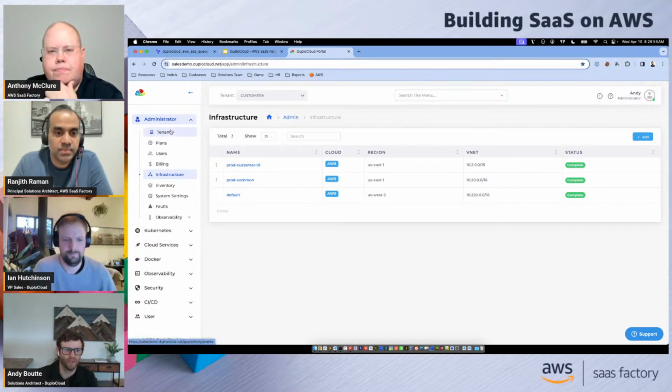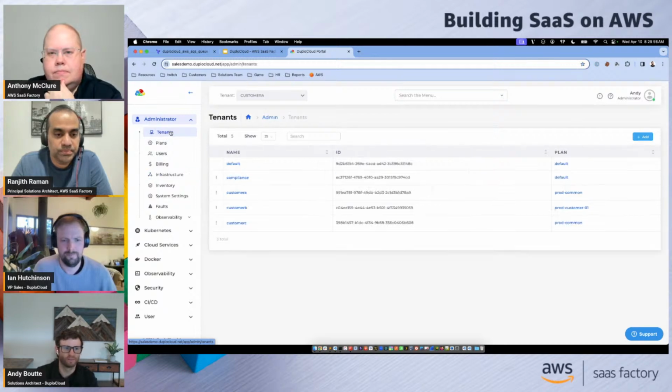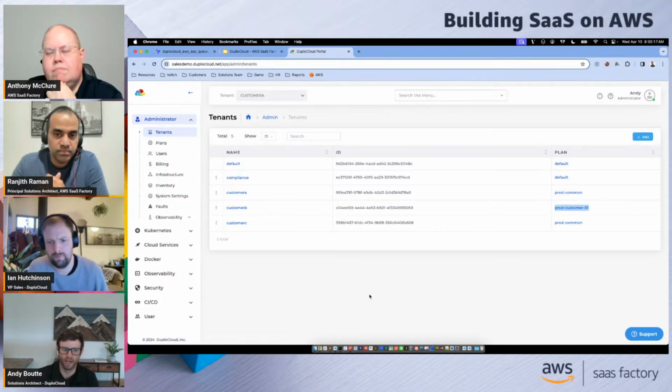Excellent. And so yes, it all will be configurable. So really quick, I just want to show the tenants. So we have a list of tenants here. This is the one that we just created via Terraform. We do have 2 other tenants, customer A and customer B. You can see over here that customer A has opted to go into the pooled model, and then we have customer B here, and they are in an isolated model. The prod customer 1 was that infrastructure we just talked about a moment ago.